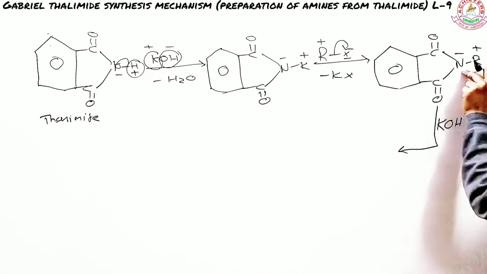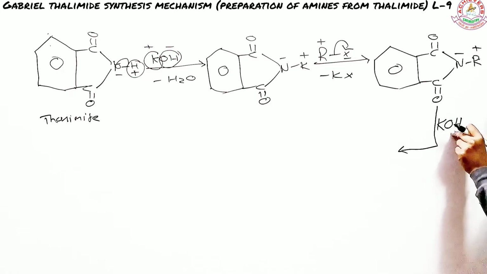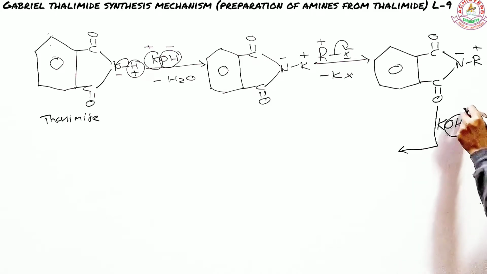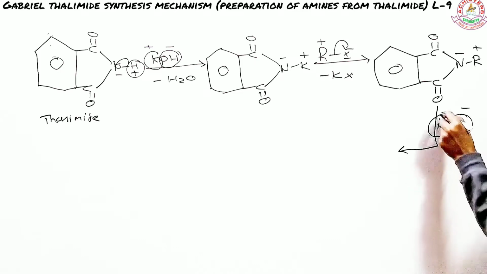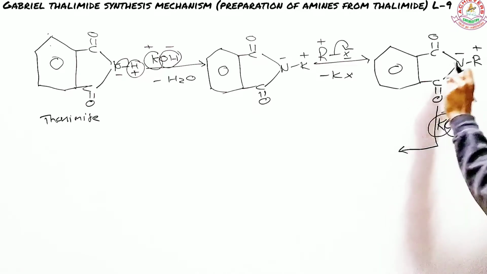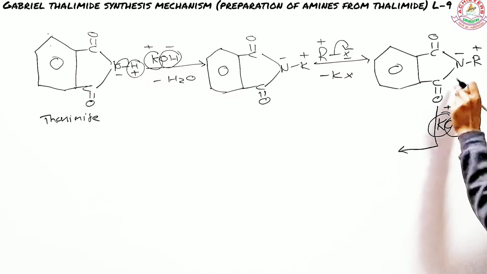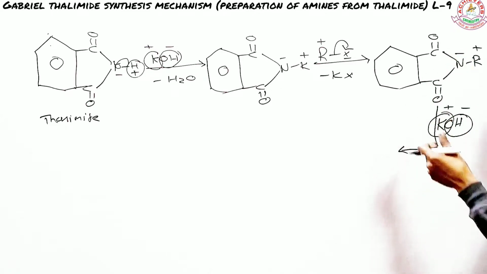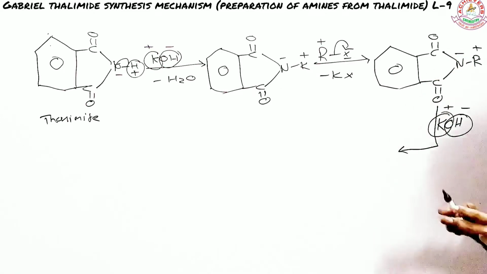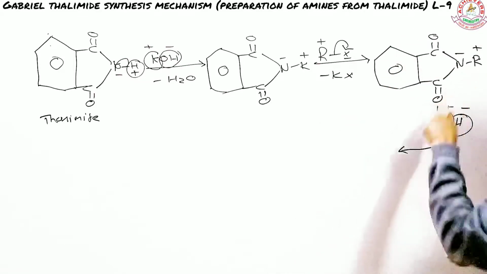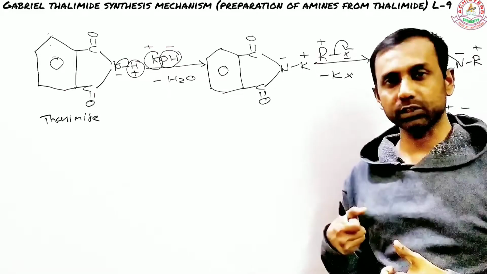There is no proton here. So this OH will not act as a base, but will act as a nucleophile. So what will happen here? This is again a negative charge and K is again a positive charge. Now you do know that the carbon is bonded to two of the most electronegative atoms. Due to that, it has a partial polarization. So carbon is in need of electrons, because oxygen and nitrogen both have polarized the electrons towards themselves.